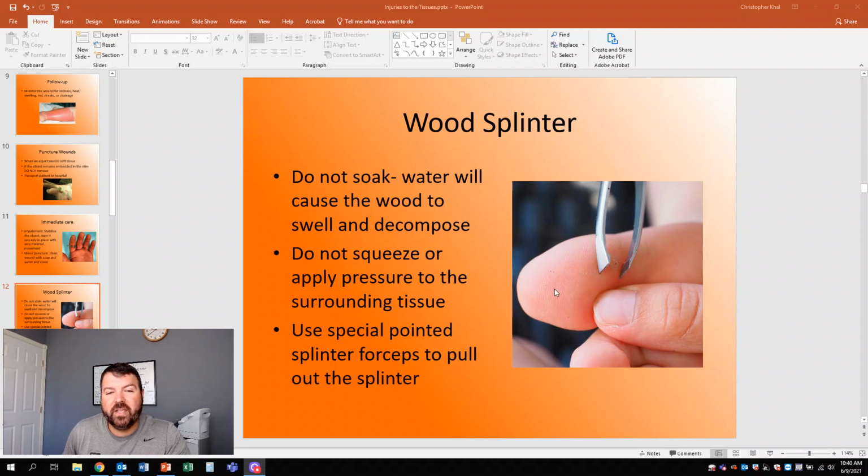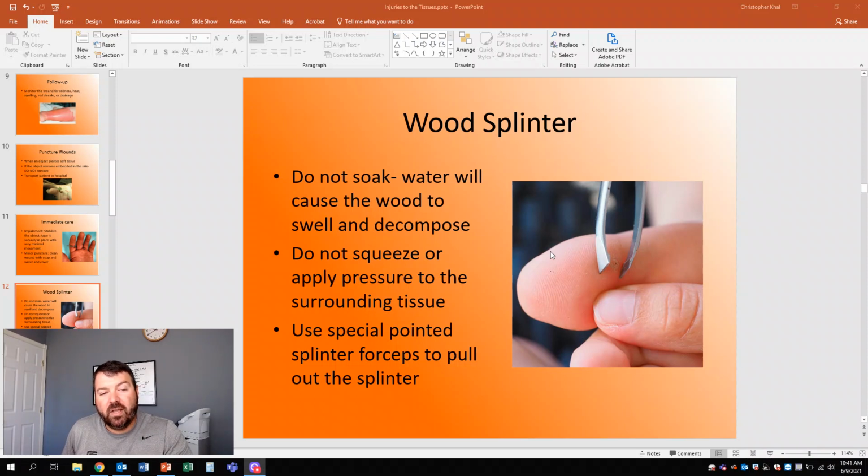You would want to get a really good pair of tweezers for this. The ones I usually use when I practice are about $20. Some of you guys are thinking that's a lot for tweezers, but they're nice tweezers. If I'm going to pull something out, I'm going to pull it out, and I want it out usually in the first or second attempt. They're very, very fine. They go together really well. They're a little high-end, I know, but they're absolutely worth it if you're taking splinters out usually weekly.